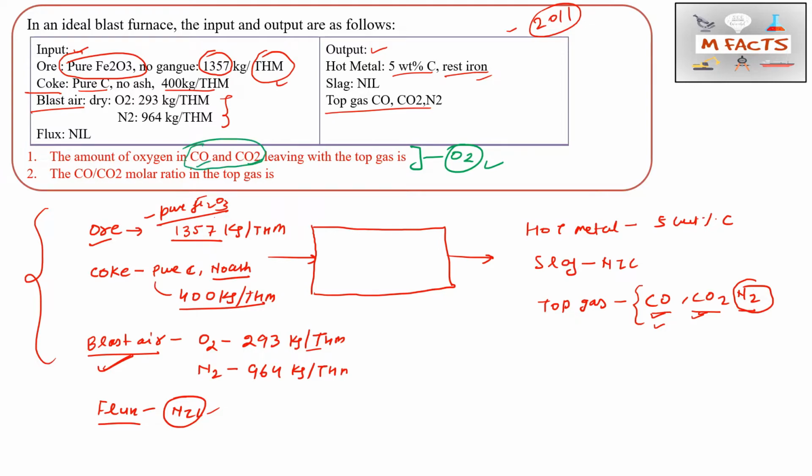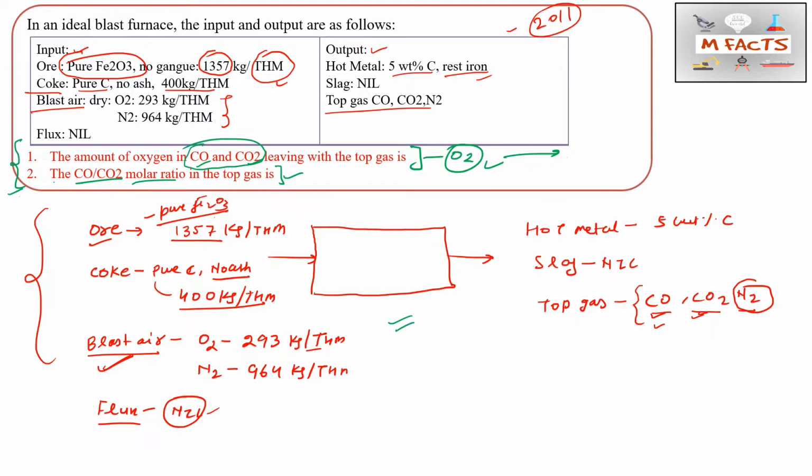Okay, so this is the first question. They have given four options, but I have not taken the four options here. I just removed them, as there is no meaning to those options. The next question is the CO and CO2 molar ratio in the top gas, which we need to calculate. These are the two questions I am going to do